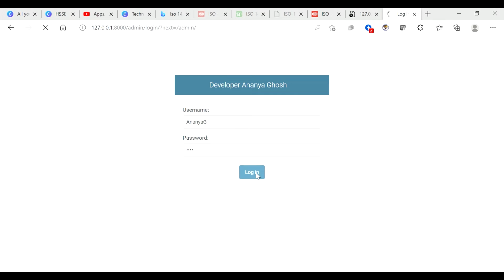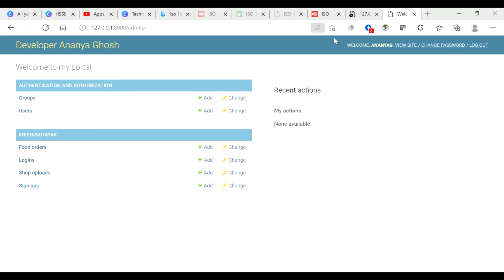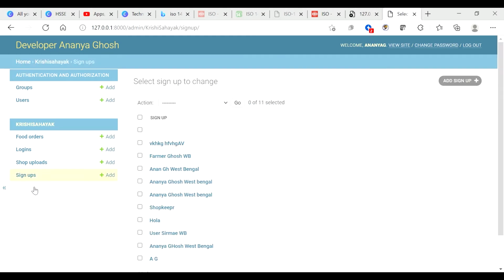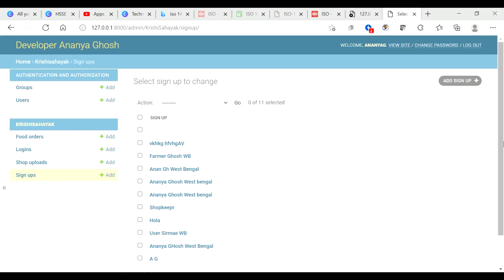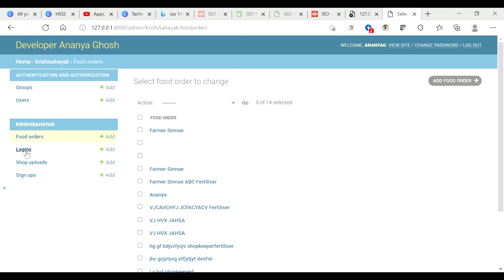Then I log in. Can you see this? This creates this for me. Now I go to signups. I have already done a lot of signups in this page, so it is showing me this, but otherwise everything will be empty if you are making it for the first time.